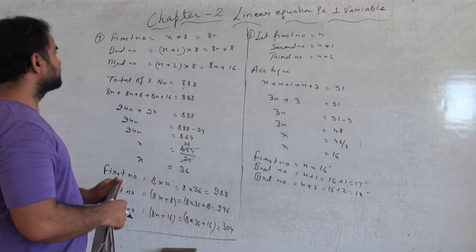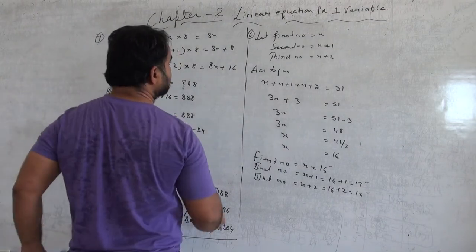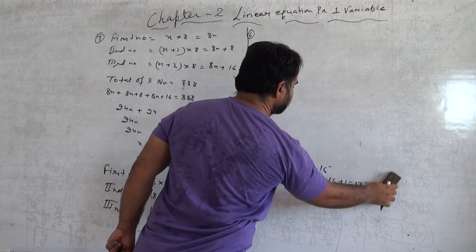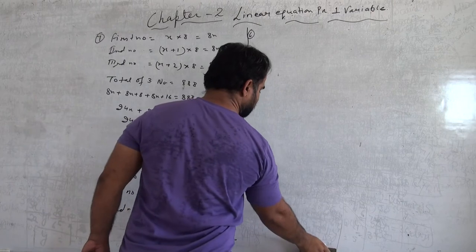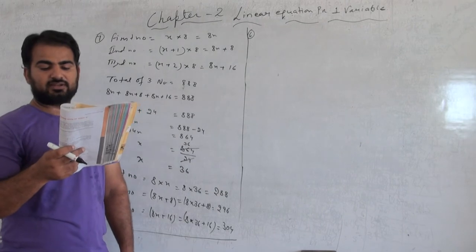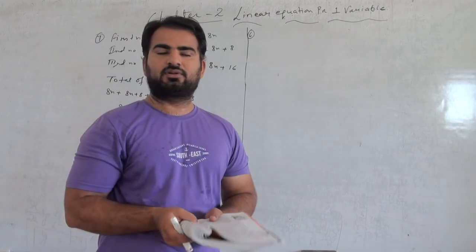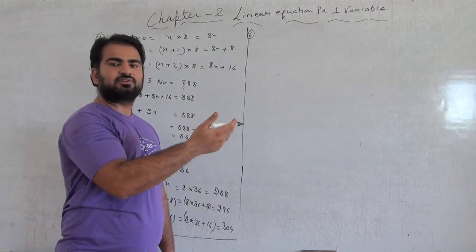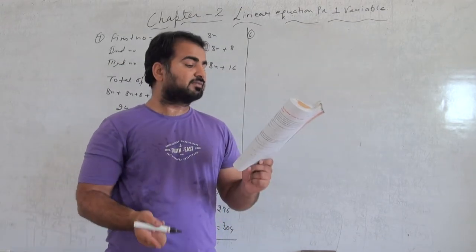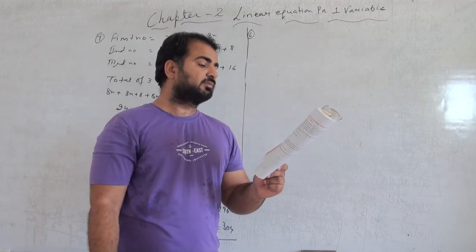This is our question number 7. Next is question number 8. In question number 8, what we have to do is, three consecutive numbers are taken such that when they are taken in increasing order and multiplied by 2, 3 and 4 respectively, they add up to 74. So what we have to do is take any three consecutive numbers. So it will be x, x plus 1 and x plus 2. Multiply the first number by 2, second number by 3 and third number by 4, and the total will be 74.